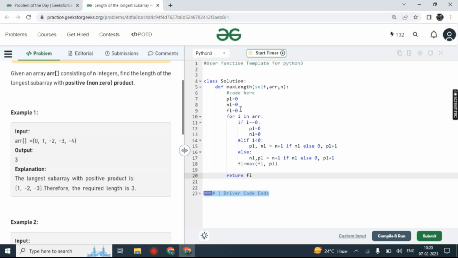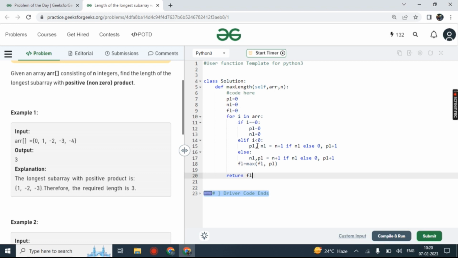When we come to -2, NL is 0 itself, but we are taking a negative value, so PL becomes 0 again and NL becomes PL plus 1, so NL will be 2. FL is already 1 from the previous step, so again the final length will be 1.